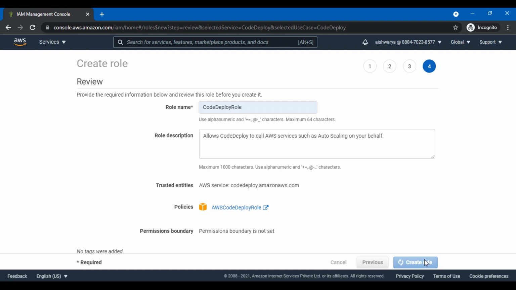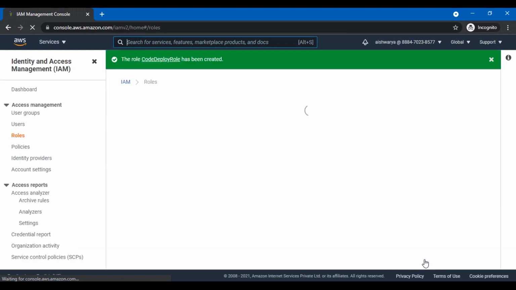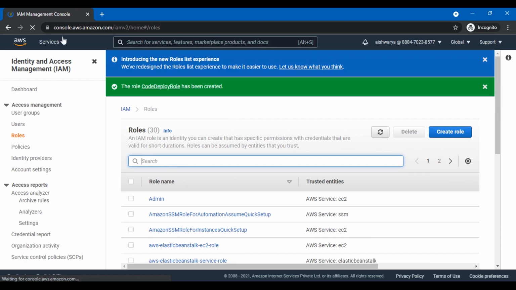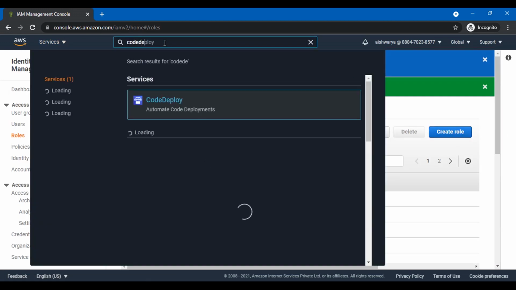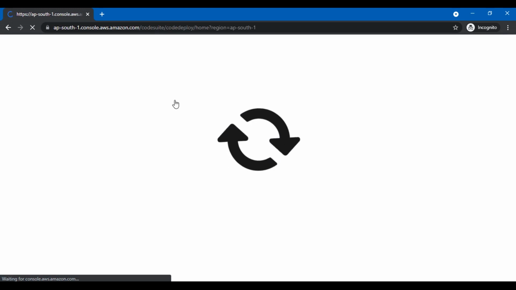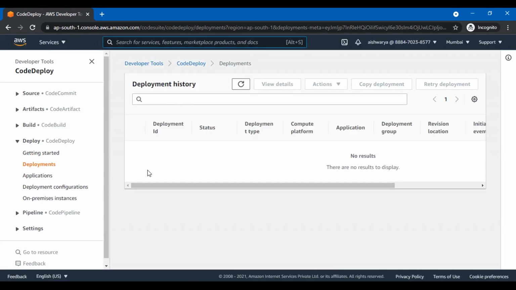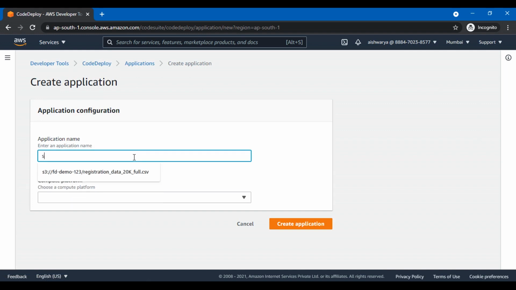So now this role has been created. Now I can go back to the CodeDeploy console and create an application there. So I just need to go to CodeDeploy and here I go. I will create an application in the CodeDeploy console. So here go to applications and then click on create application. Let me name it sample app,